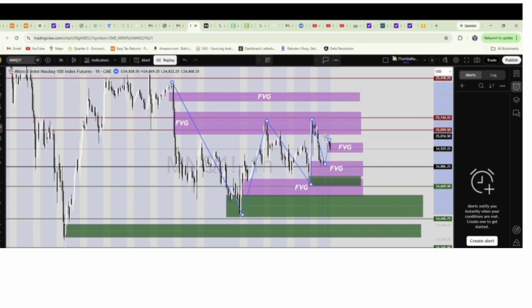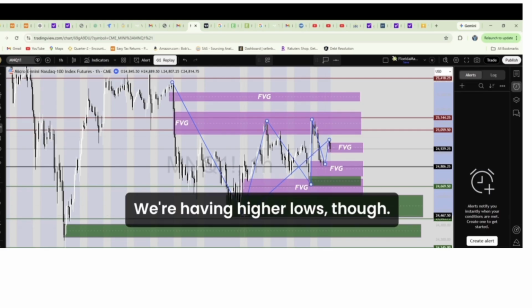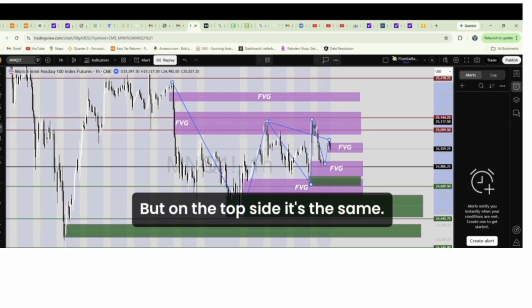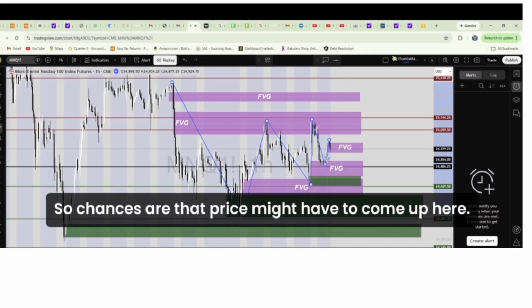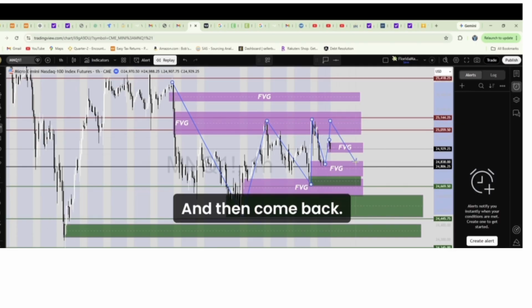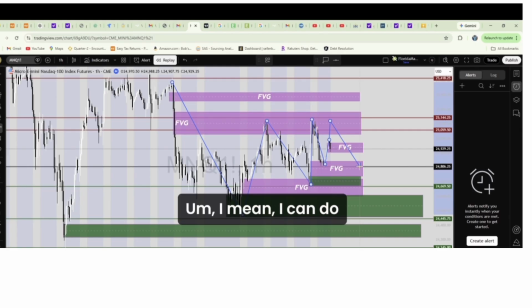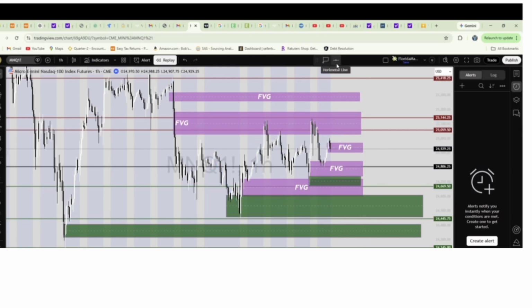So we're having higher lows though. 1, 2, 3. We're making higher lows, which means we're going up. But on the top side, it's the same. We're hitting a resistance. So chances are that price might have to come up here and then come back and either test this midnight candle before moving higher. All right. Or